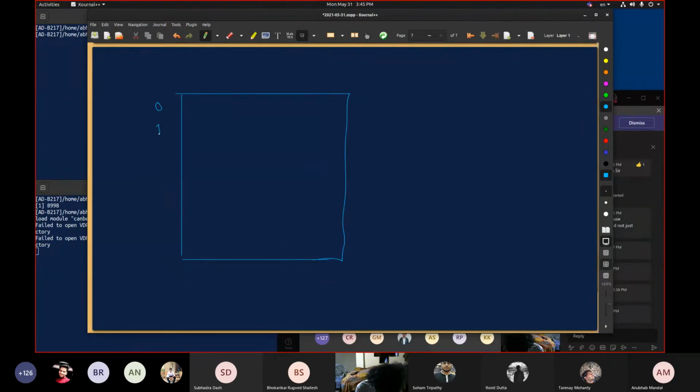So this is 0, 1, 2 up to r minus 1, which is 0, 1, 2 up to c minus 1. So I have an element here, an element here, an element here, and so on. Then I have an element here, element here, element here, and so on. Likewise here, here, here, here. So what